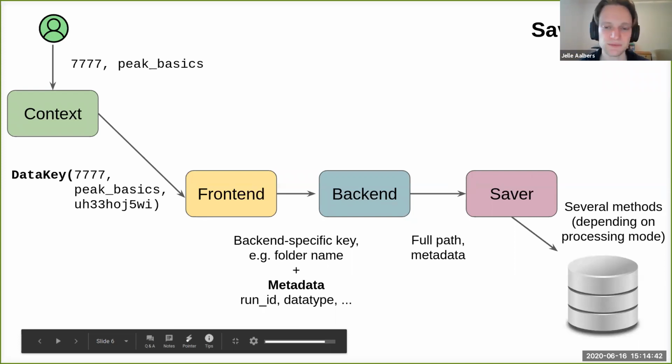If you're multiprocessing on several CPUs, one data type, then several processes now need to write chunks of data to that one folder. And in that case, you don't have all of the metadata in one place because you have different processes processing the data. But in the end, you want everything in one JSON file.